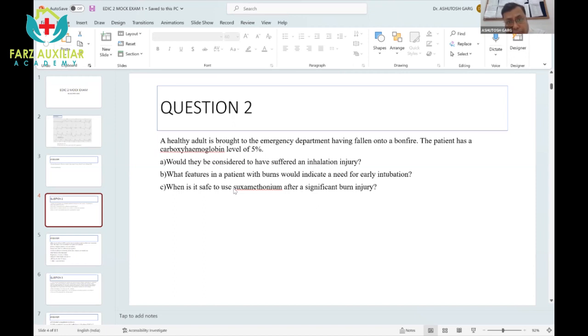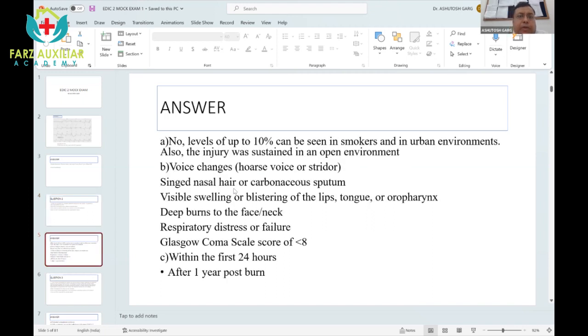Being a depolarizing agent, there is multiplication of the nicotinic receptors, so its action can be prolonged, hence it is not indicated from 48 hours to 2 years. So levels of up to 10% can be seen in smokers, as you rightly said, in urban environment. Also, the injury was sustained in an open environment. So chances of inhalational injury at the level of 5% carboxyhemoglobin is very less. Second thing, you rightly said,